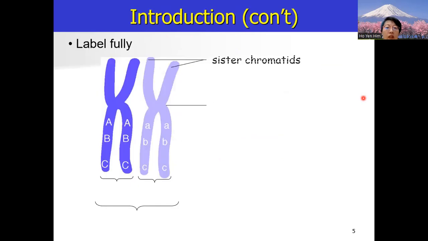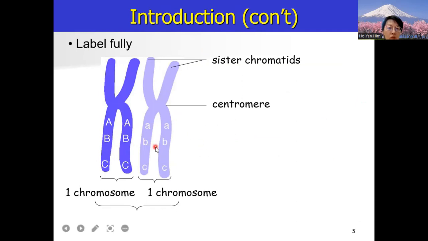Okay, right. So this is sister chromatids, centromere, chromosomes. Each chromosome is made up of 2 sister chromatids. It is one chromosome because these 2 sister chromatids are not yet separated, so the whole thing is still considered one structure. That's why one chromosome. So these 2 are homologous chromosomes. Make sure you know them very well and use the correct term to describe the correct object: when to use chromatids, chromosome, homologous chromosomes, centromere,